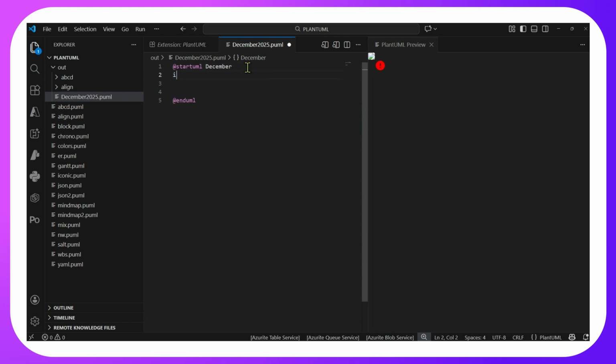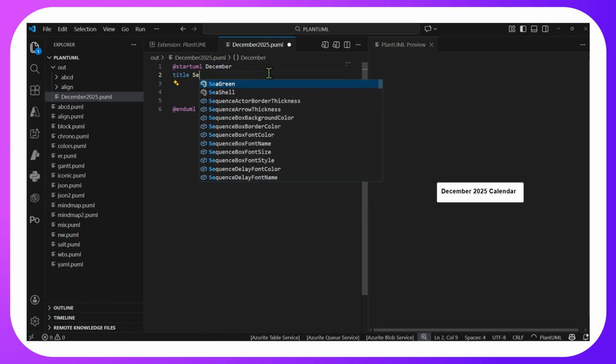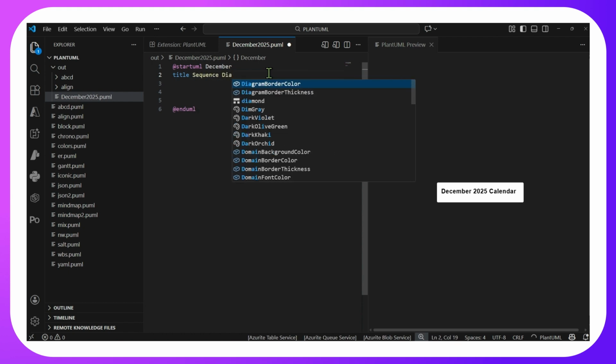So I'll call this, say, maybe title. So I'll just type in title, and this is the title of this diagram. I'll say preview, and it has given me the title. So this is the title of the diagram. Now to start with, maybe I can put whatever name I want. I'll just say sequence diagram,